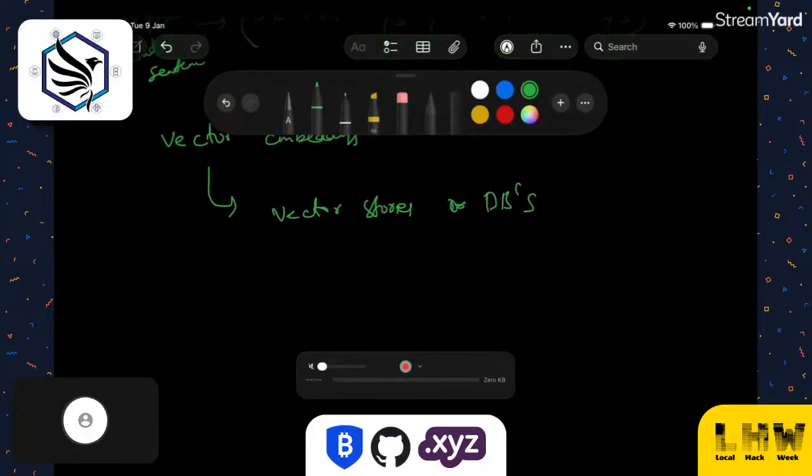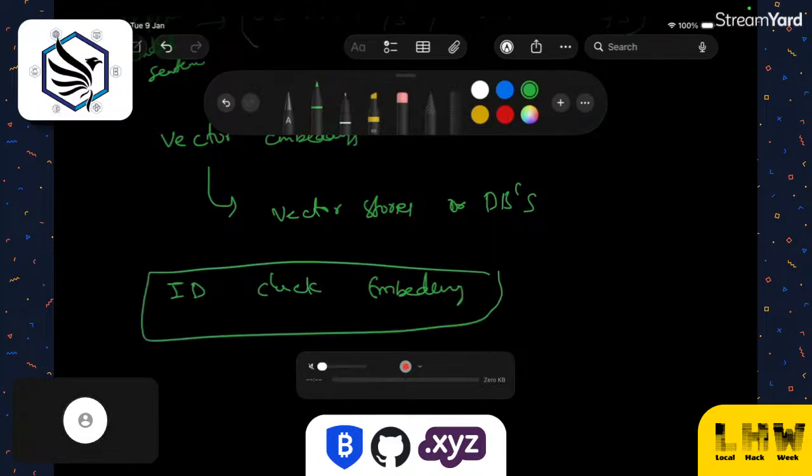You will take the ID, the chunk, and the embedding of that chunk. So we will store these three columns in the vector database, similar to